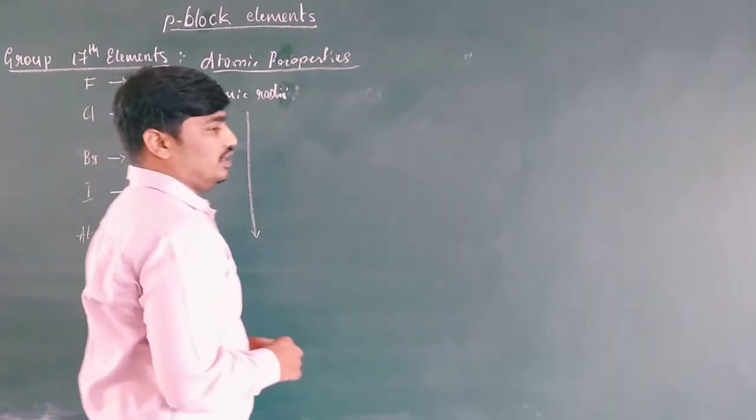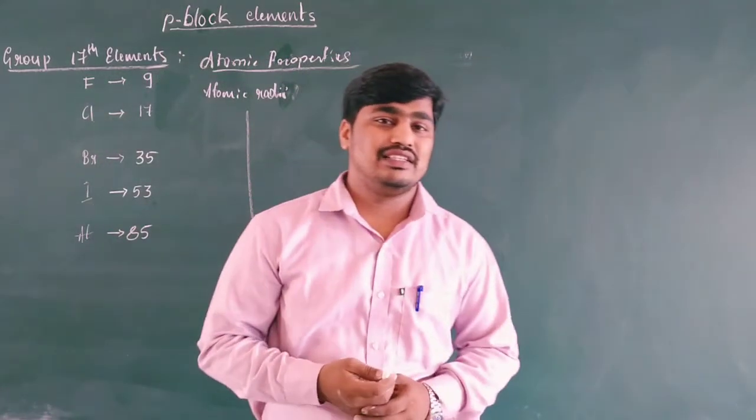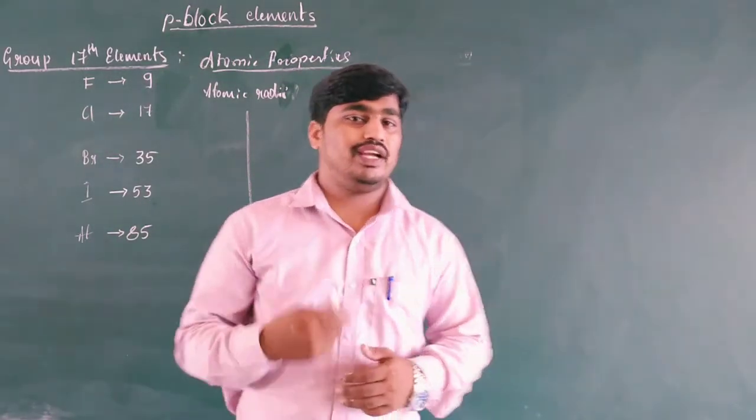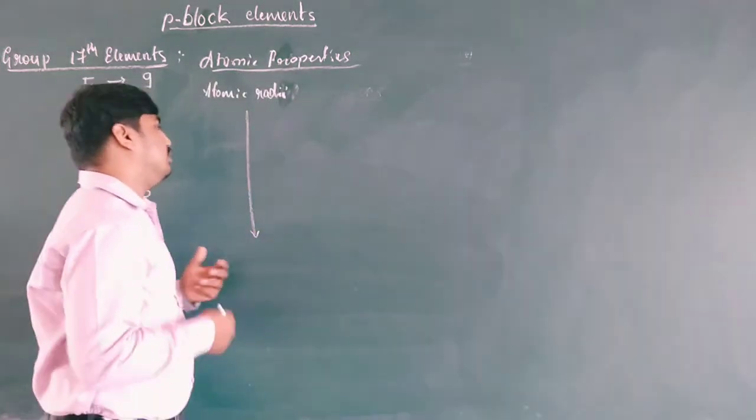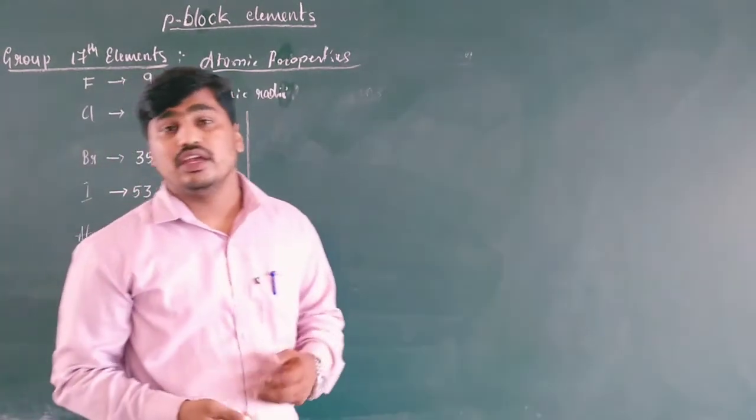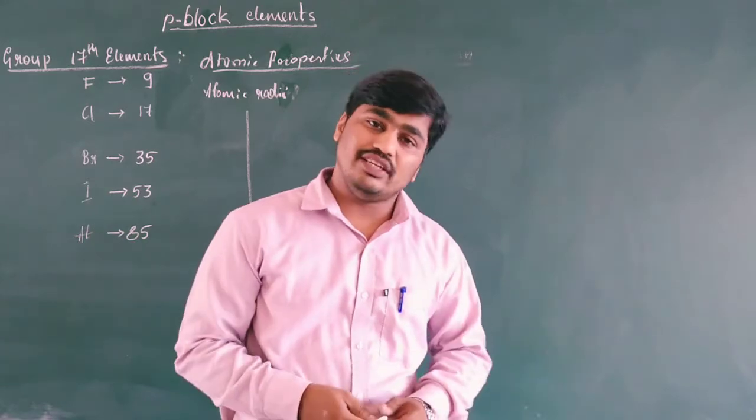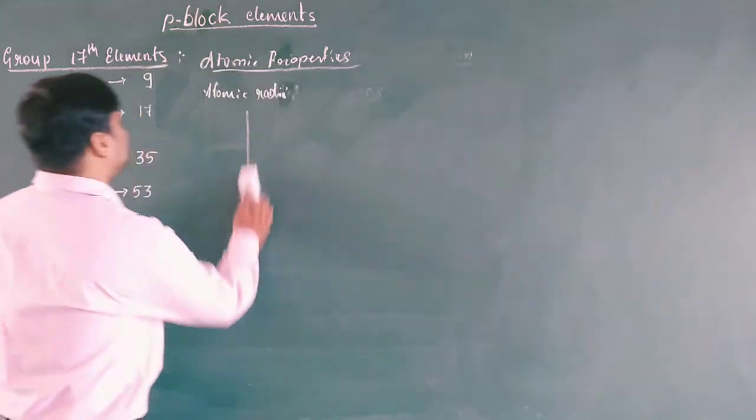The volume increases because of the increasing number of electrons. When the number of electrons increases, the number of orbitals increases, and when the number of orbitals increases, the volume increases. So the atomic size increases. Okay, next is